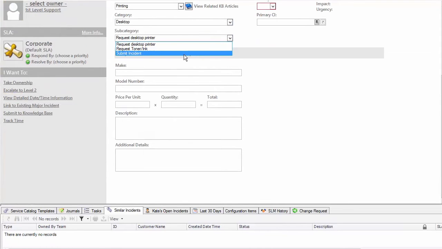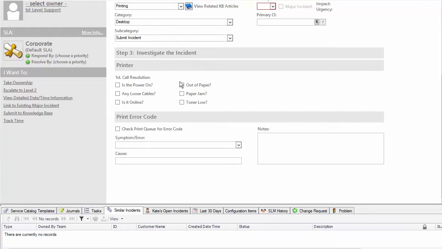Now, if I change this to submit incident, everything changes. Now I have a troubleshooting form. So this is useful for first level support to ask the same questions every time, so that by the time this gets escalated, all the bases have been covered. And it may be